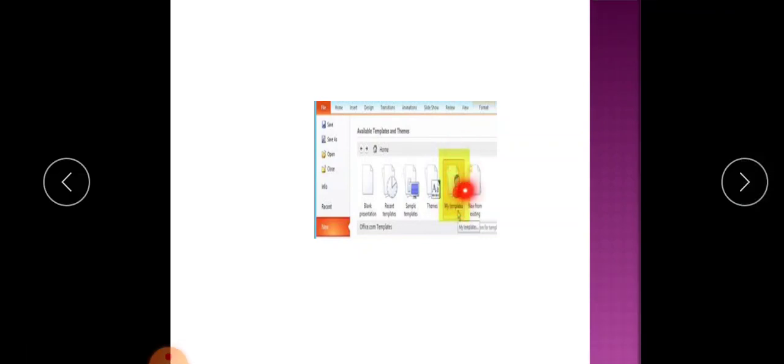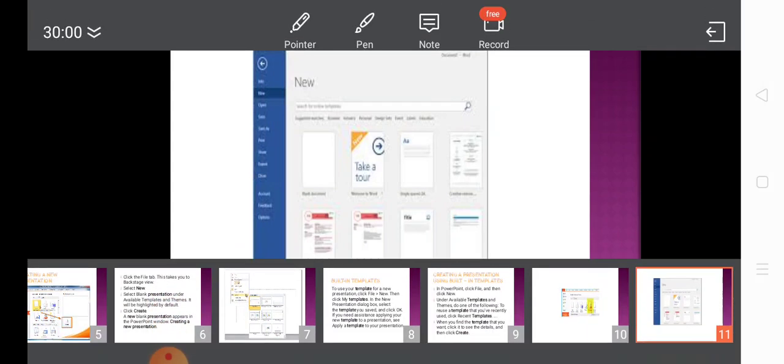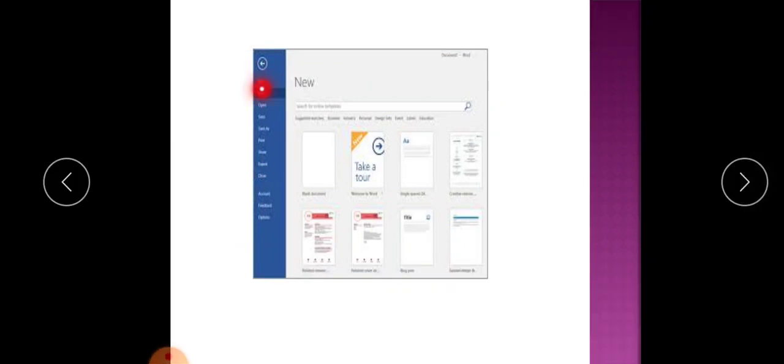Here is my template. Here you can see from File tab, you can see different formats of templates over here.